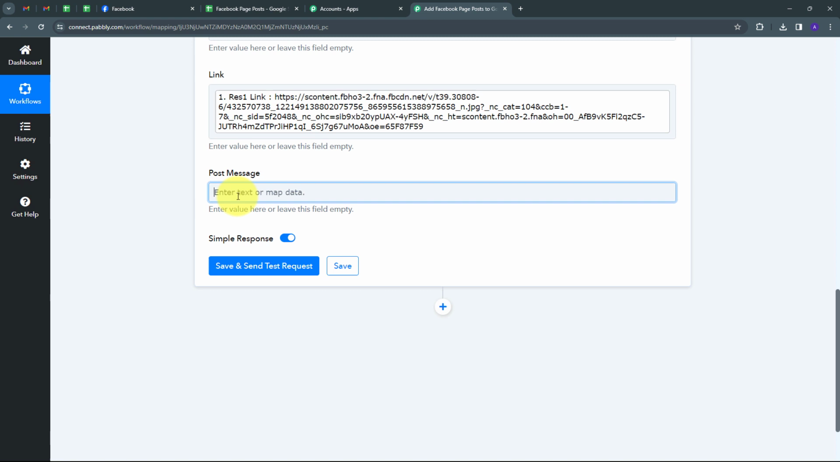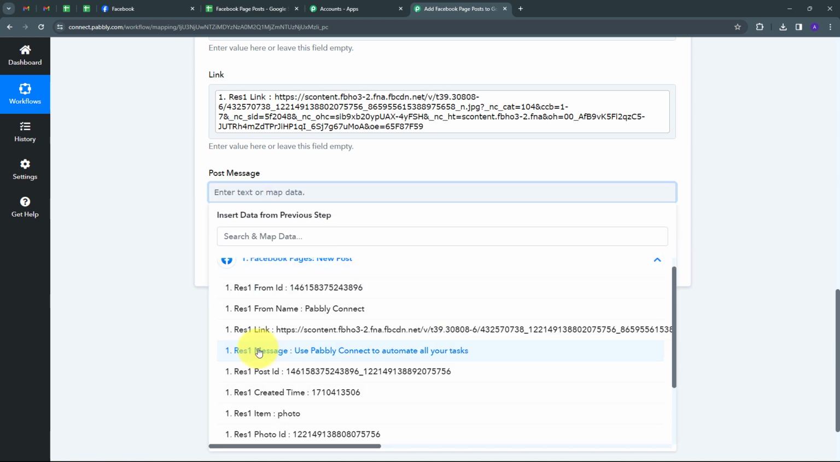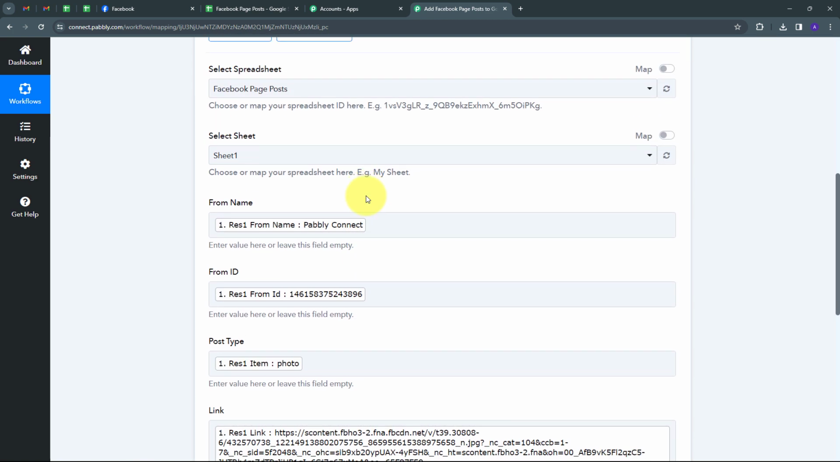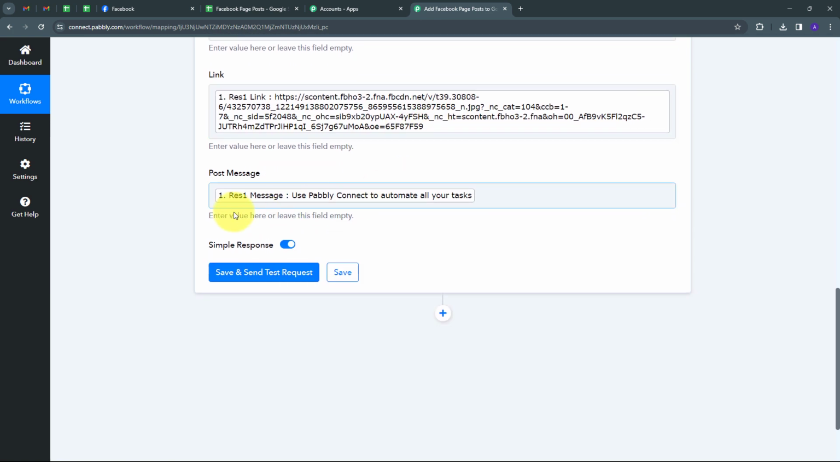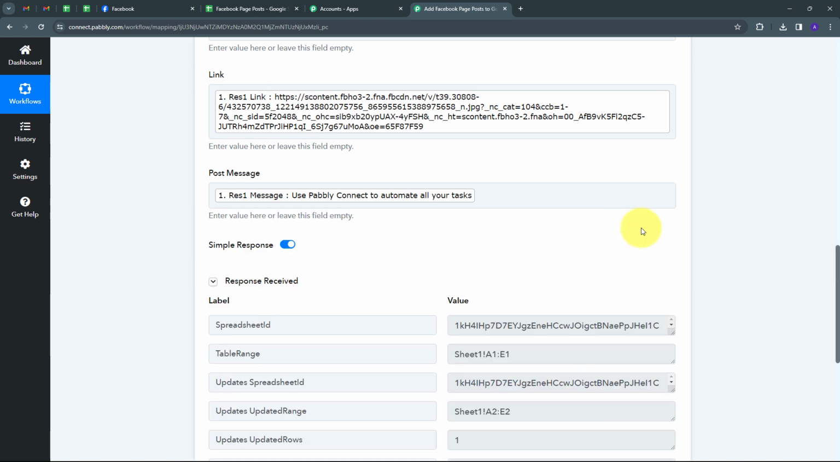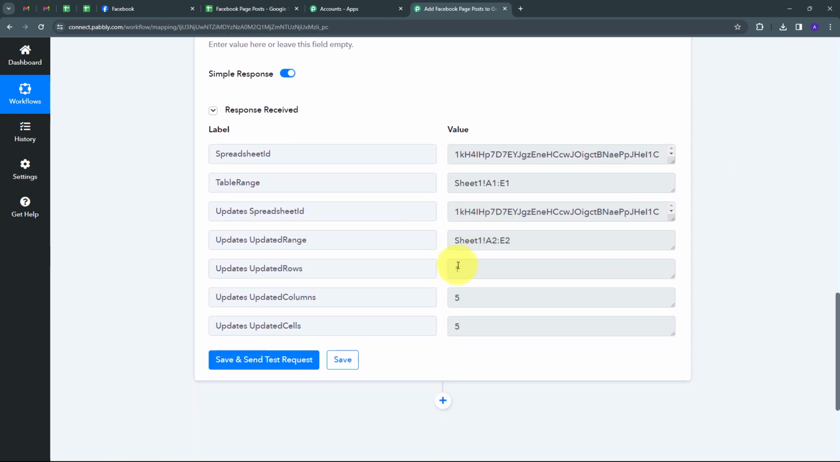So I have to click here again. I have to open this response again. And here this is my post message. So I'm going to map this. And here I have filled all the required details. Now what I'm going to do is I'm going to click on save and send test request button. And here we can see I have received this response. So this is a positive response and this means that I have added all these post details automatically in my